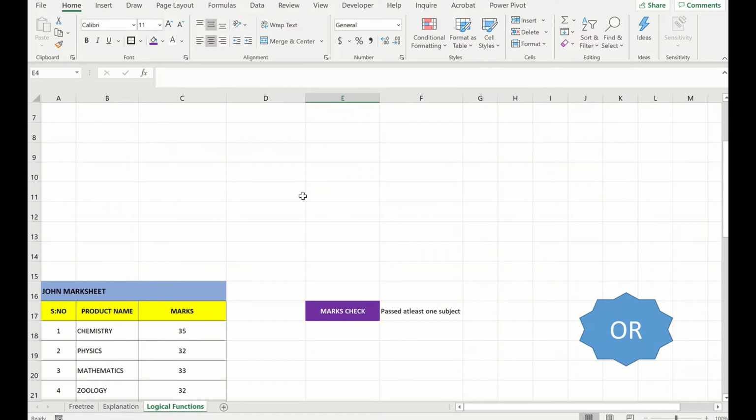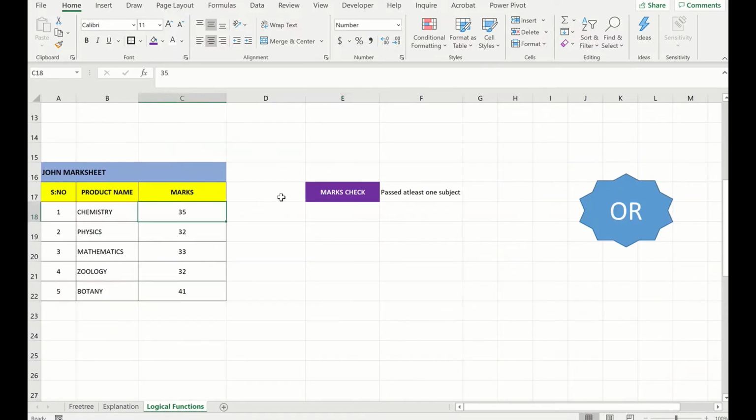Now let's go for the next one, OR. The OR function works in multiple ways. In fact, OR and AND are two functions which we use almost every day. Here we have a set of marks that John scored. If he has passed in at least one subject, it shows that he passed at least one subject. The pass mark is 40, so if he gets 39 in this, he has failed in all subjects. Essentially, we check one by one, and if he scored more than 40 in at least one subject, we give him this particular comment.